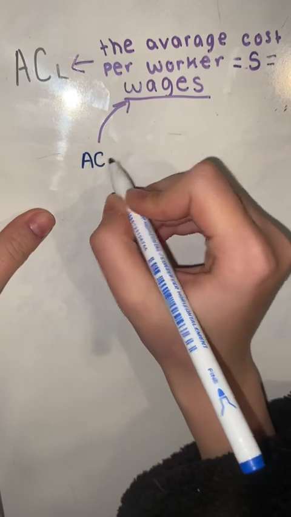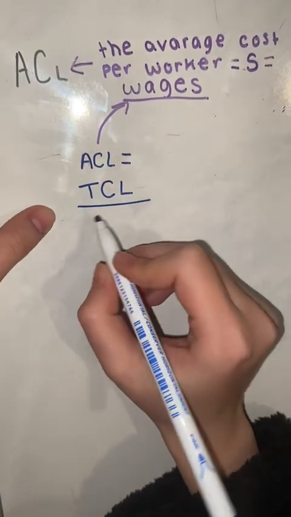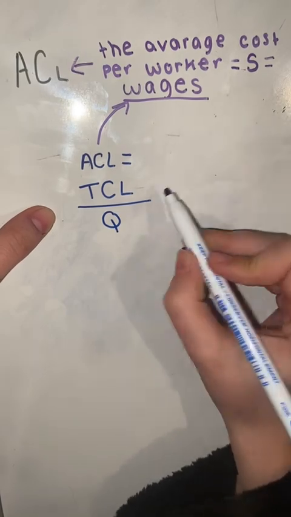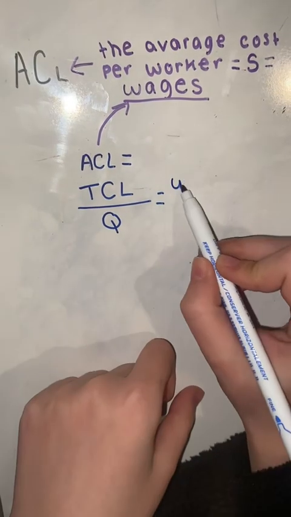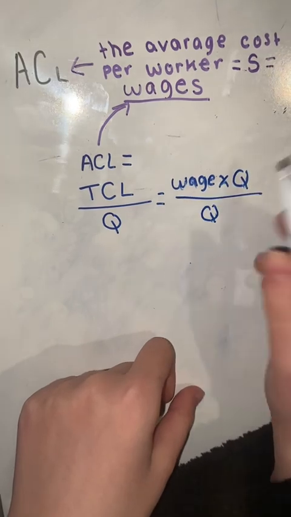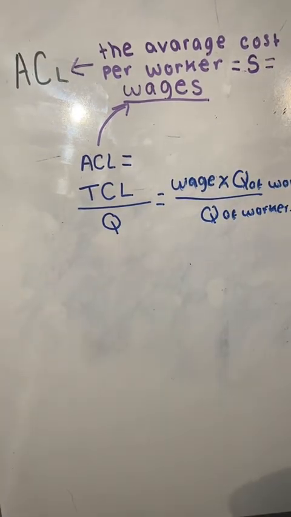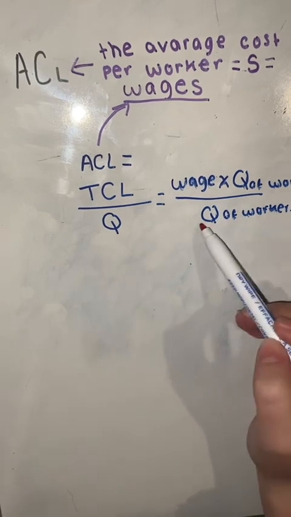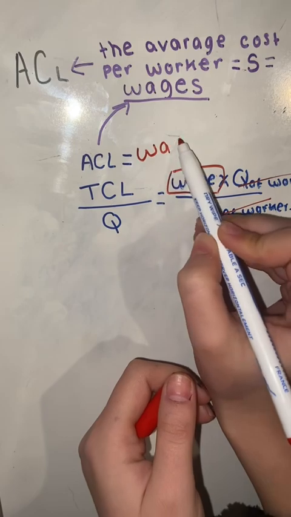This is because your average cost of labour equals your total cost of labour divided by your quantity of workers. And your total cost of labour is just going to be your wage times your quantity of workers. Quantity of workers over quantity of workers cancels out, so that means your average cost of labour just equals your